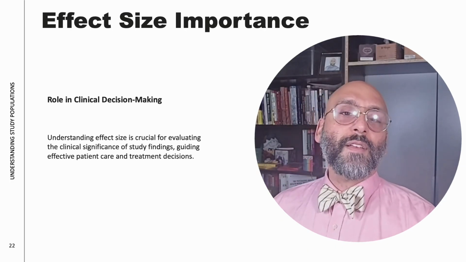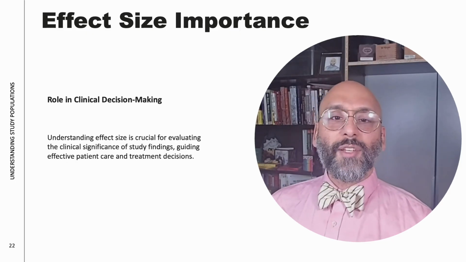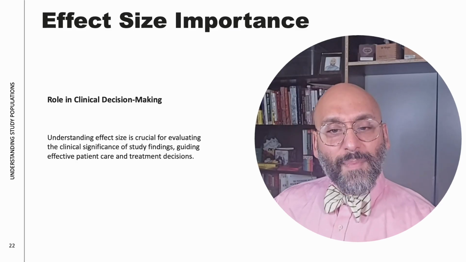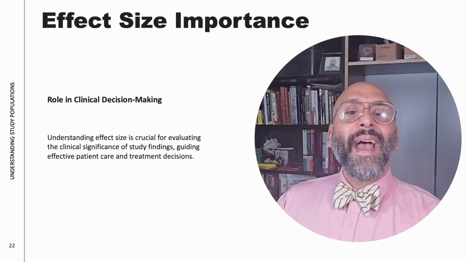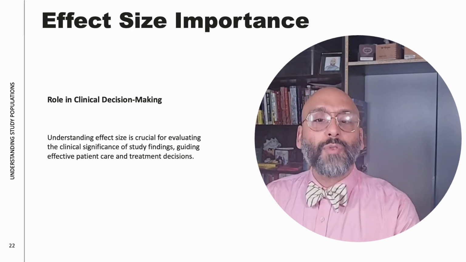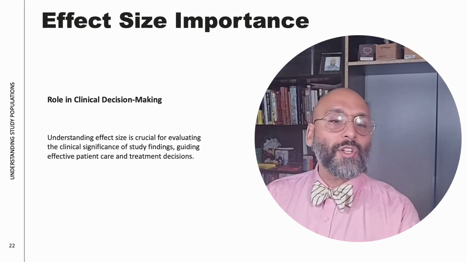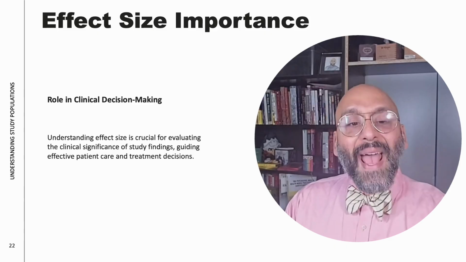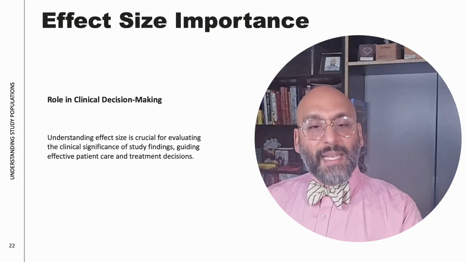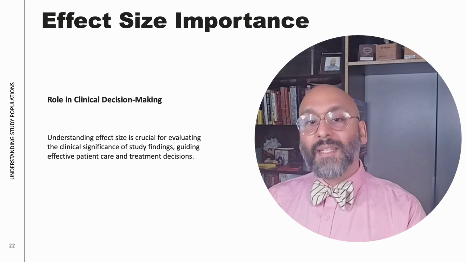Now, what do I mean by effect size? Well, this answers the most clinically important question in research interpretation. How much difference does this treatment actually make? An effect size is the quantitative estimate of the magnitude of a treatment's impact. Unlike the p-value, it's not about probability or chance. It's about clinical magnitude. So in plain terms, the p-value tells you whether an effect exists. Effect size tells you how big that effect is.